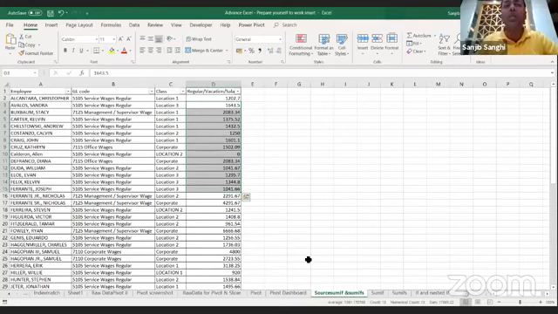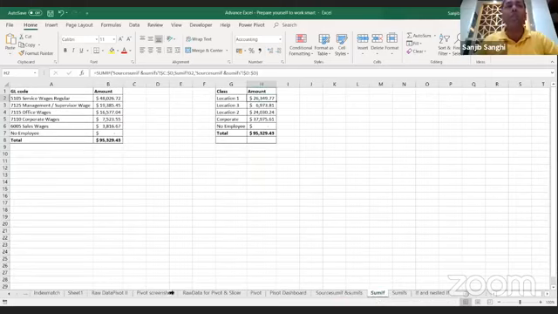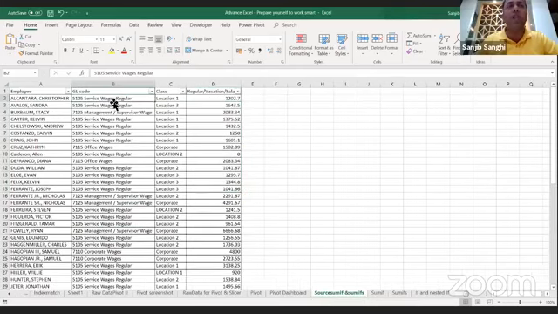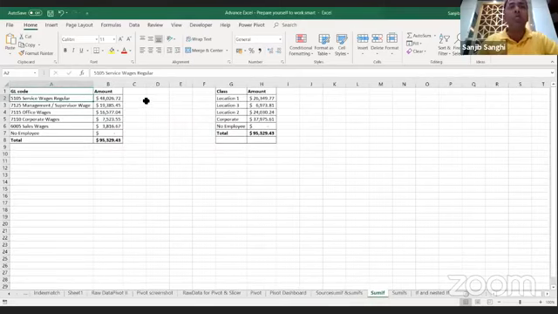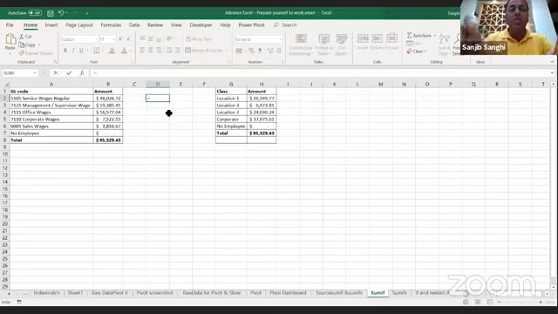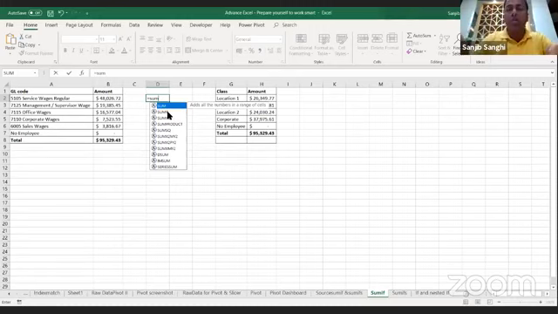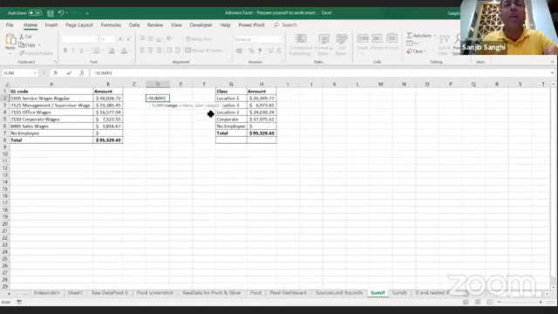If I don't want to use filter with subtotal, I have an option called SUMIF. Which means if I pick this GL code and say, show me the total for this GL code. I've got 5105 repeated so many times over here, and I want to filter this out and then add this up. We can do this with SUMIF also. So the formula is very simple. I've already got the answer, but I'll do it for you. Equals SUMIF, which means sum the value for a particular condition. It's asking for the range, the criteria range.